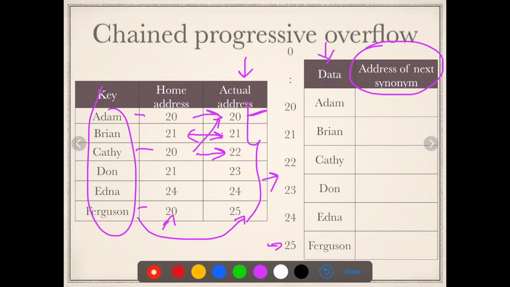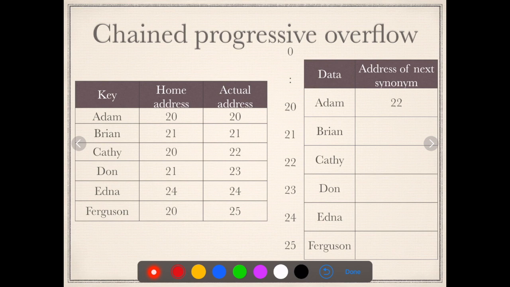Now since Adam's address is 20, we will look at the next element which has the same address 20, that is Kathy. Kathy, as you can see, is stored at the address 22. So along with Adam, we are going to store the address of Kathy, which is 22. This is how you are going to link the synonyms. Now with Kathy, who else has the same home address?